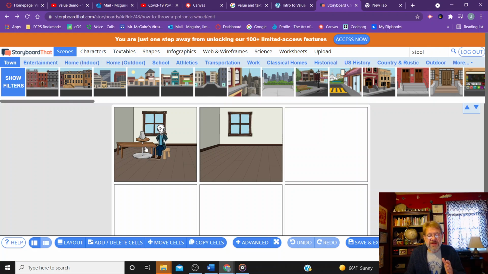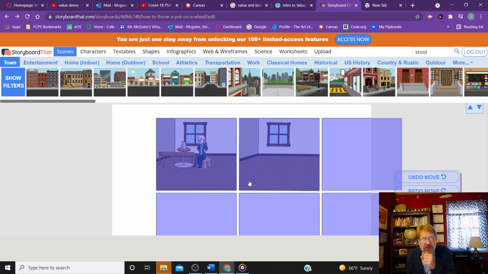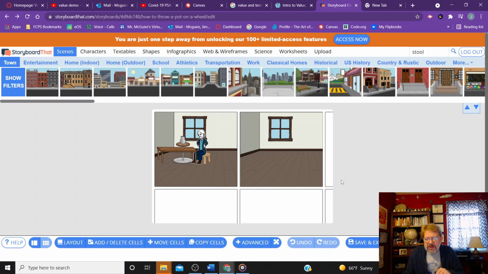The first thing we want to start with is thinking about how many cells you are going to need. How many little scenes do you think you're going to need to create your storyboard? You can add more or remove some. I like to start with about 6 generally, and you can move them around once you've got them established. Depending on the length of the story, sometimes just 3 if it's a short little commercial type thing for an ad. But I want to think about what the different steps are that I'm going to show in whatever story I'm telling. This is one I've been working on that shows